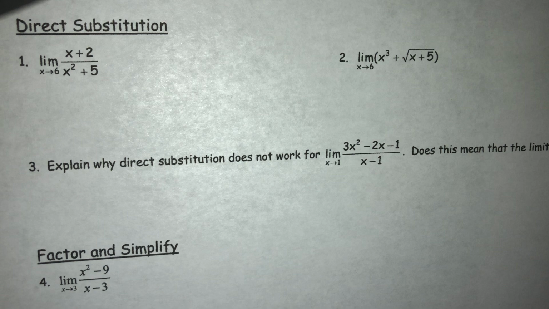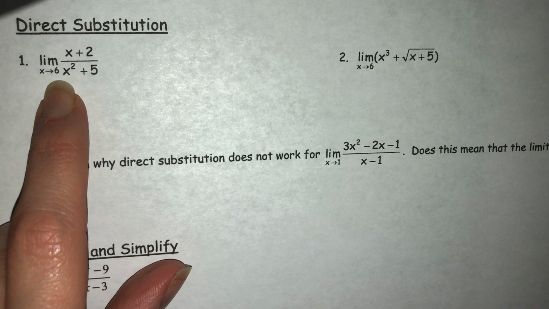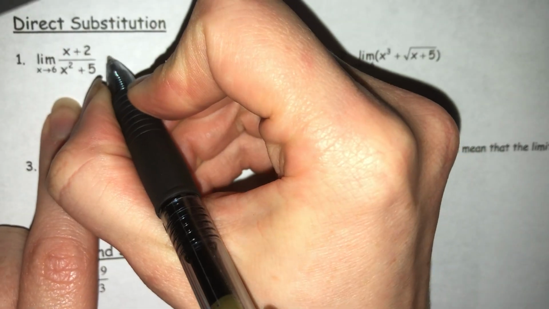So for number one, we have the limit as x is approaching 6 of the function x plus 2 divided by the quantity x squared plus 5. Okay, so direct substitution means that you take that number 6 that x is approaching and directly substitute it in for the x's in the function. So this would equal